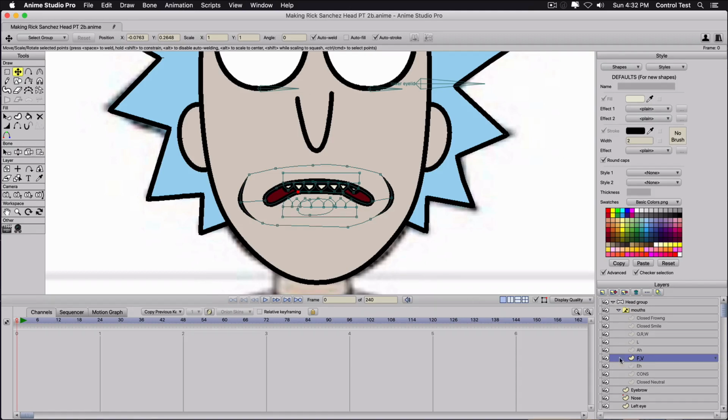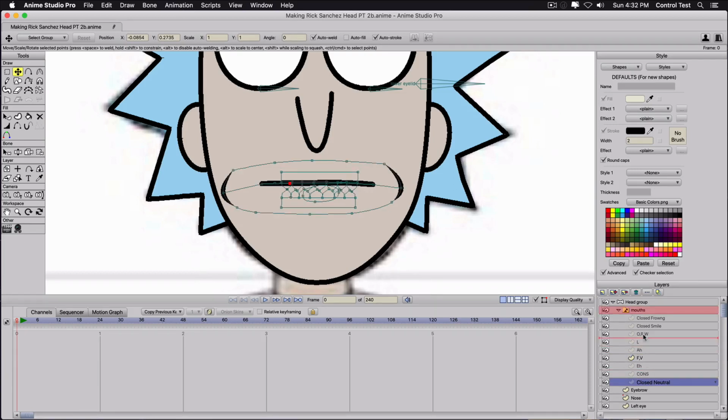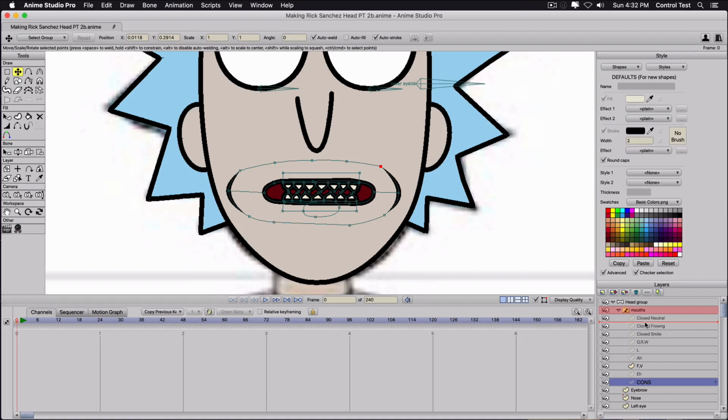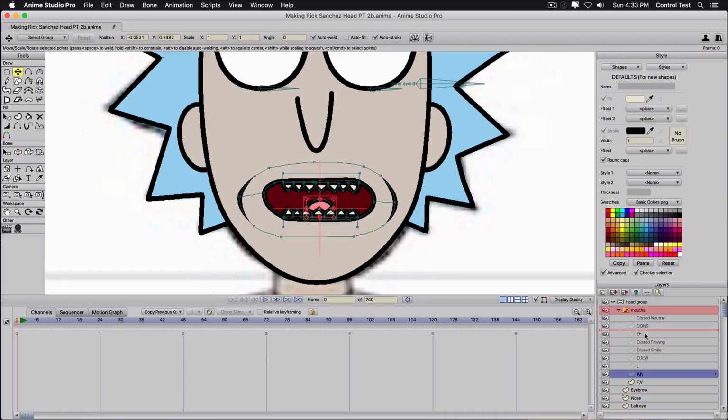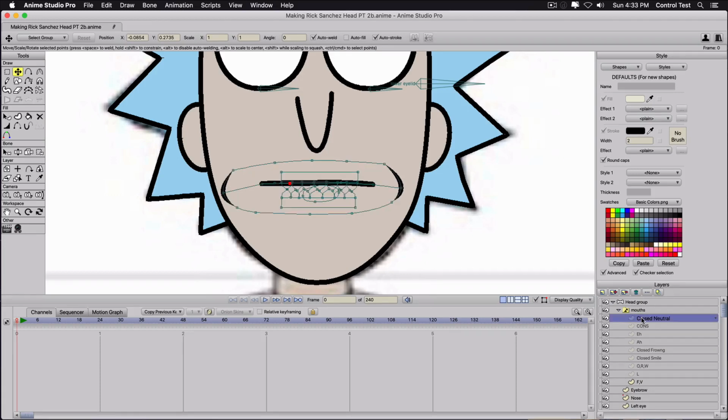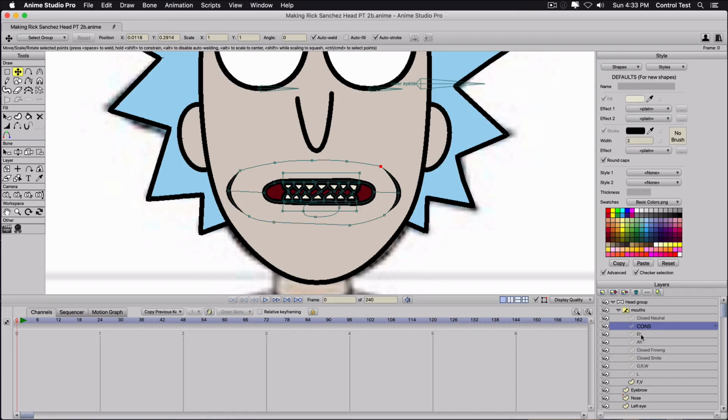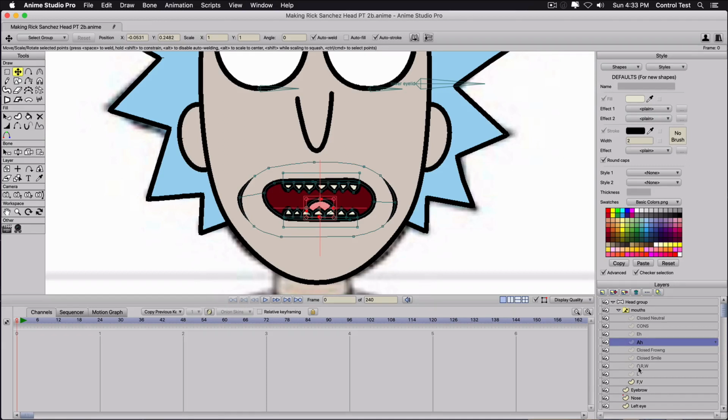And I'm gonna go ahead and reorder these in the way that I use them the most. So the first one is close neutral. I'll left click, drag it up to the top of my mouths folder. Then we're gonna go to cons, and then ah. And they're kind of in order of the way your mouth would open and close too. If you notice, go close, then cons, the teeth touching, and then a little bit more open, then even more open, and then we're gonna go